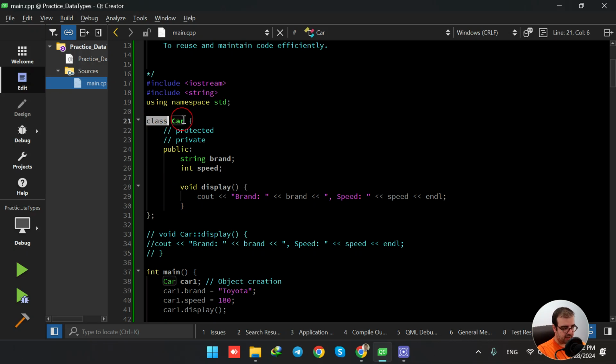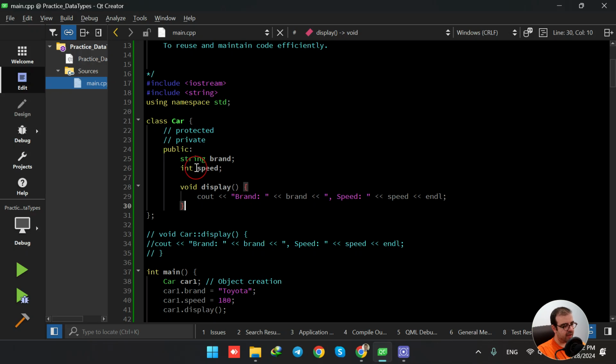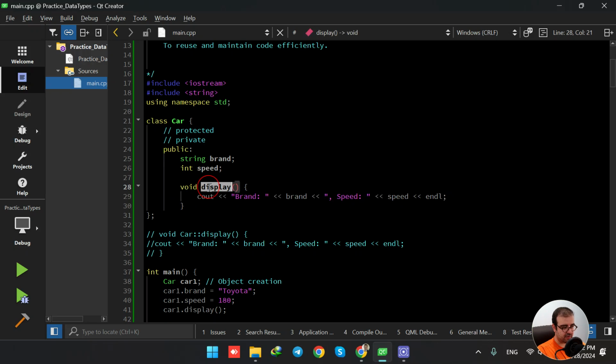So we use the keyword class, then we type down the name. In this case, it is car, and we have the brackets here. This part is the class part. Then under the category of public, I am declaring two variables called brand and speed. They are of a string and integer data type respectively. And I also have a function declared in the class called display. This function is of void type, so it's not going to return anything. Simply, it is going to print out the value of the first variable and the value of the second variable,